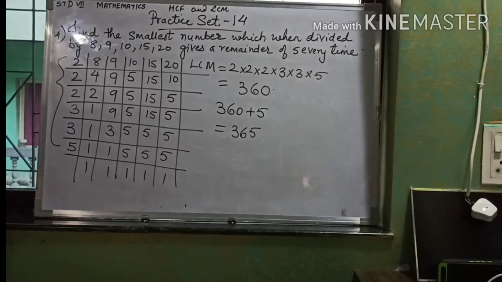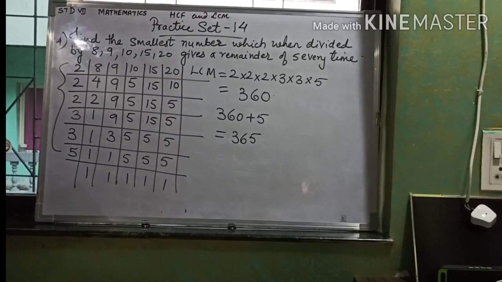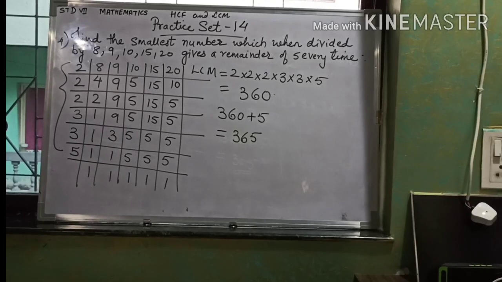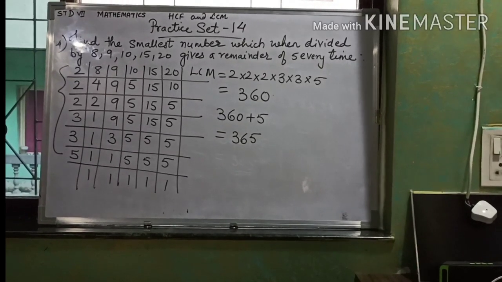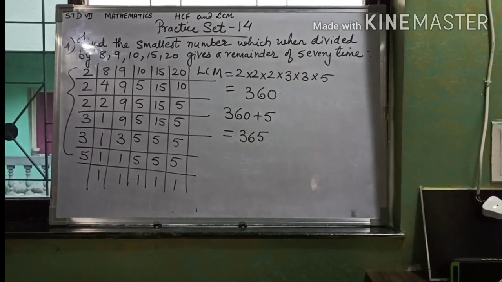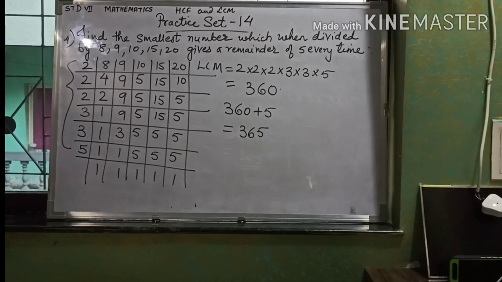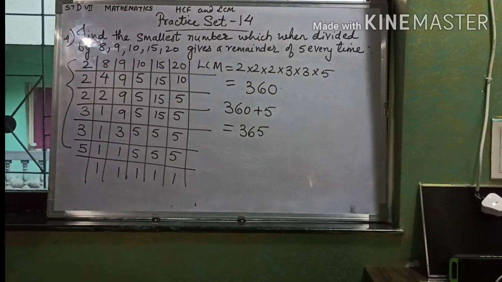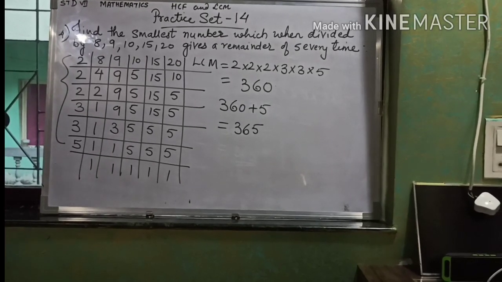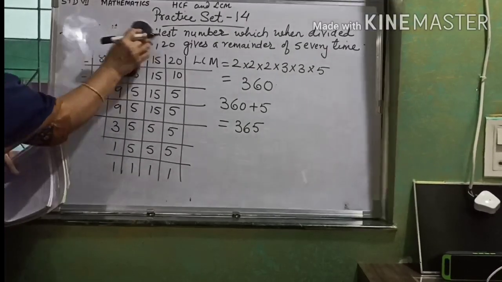Now we will be solving one more sum number 8. I read it. A trader has 3 bundles of string, 392 meters, 308 meters and 490 meters long. What is the greatest length of string that bundles can be cut into without any leftover string? Means in this sum you have to find out the HCF. So let us find out the HCF.